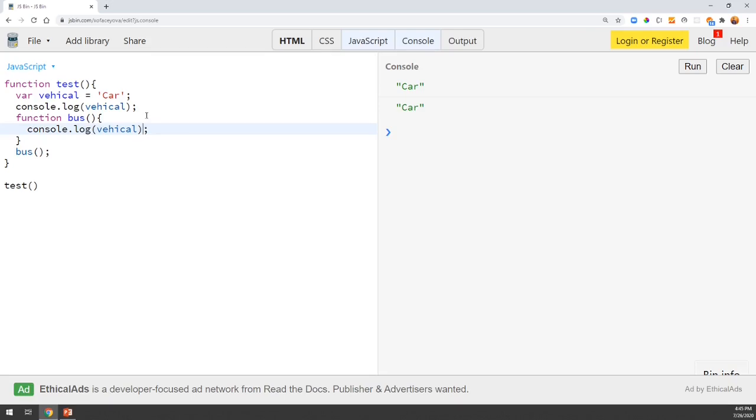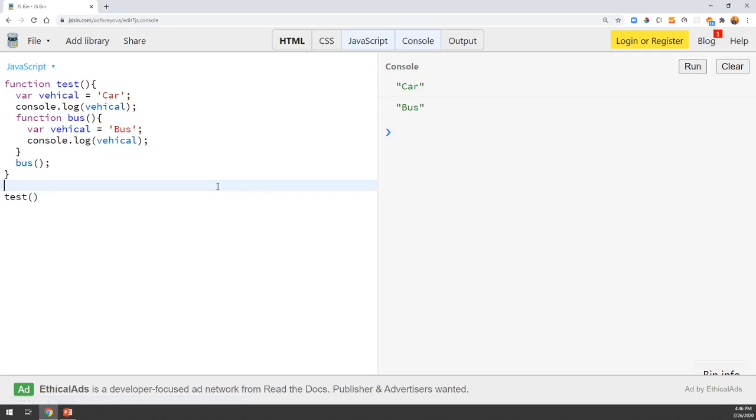Okay, so now let's say I create one more variable, vehicle is equal to bus. Let's see what it outputs now.